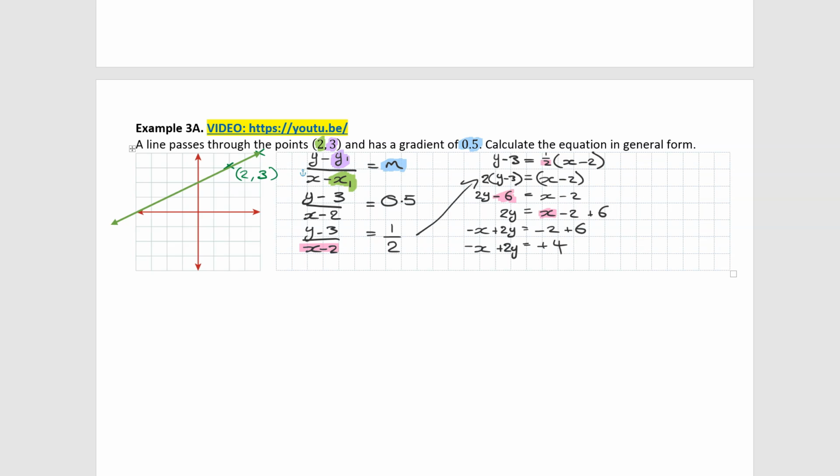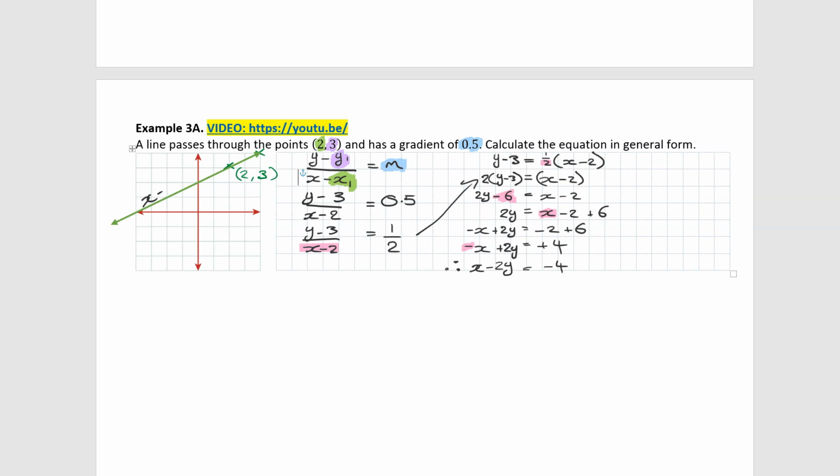Then I'm going to multiply both sides by -1, simply because I don't like this negative in front of the x here. Doing that, I get x take 2y equals minus 4, therefore yielding the equation of this particular line over here,